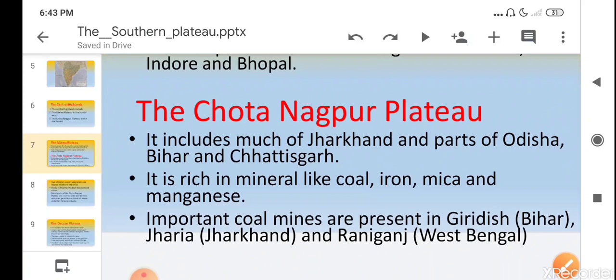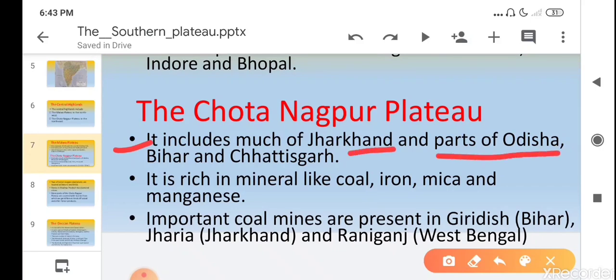Then next is the Chota Nagpur Plateau. Children, it includes much of Jharkhand and parts of Odisha, Bihar and Chhattisgarh.